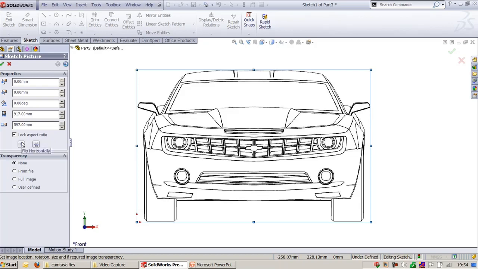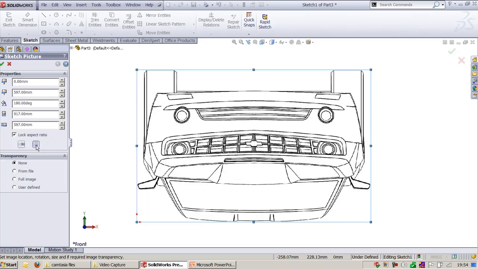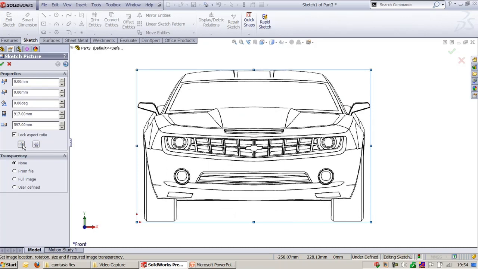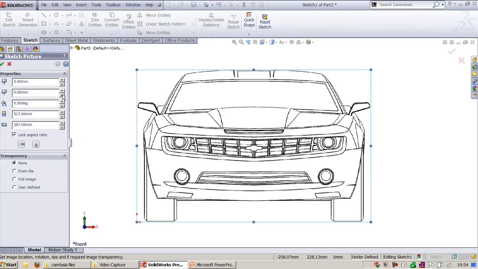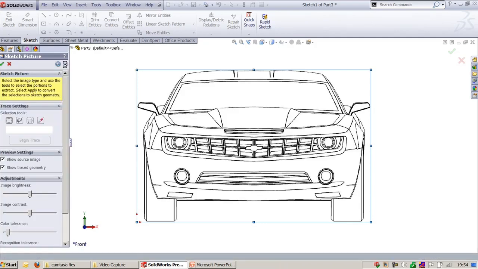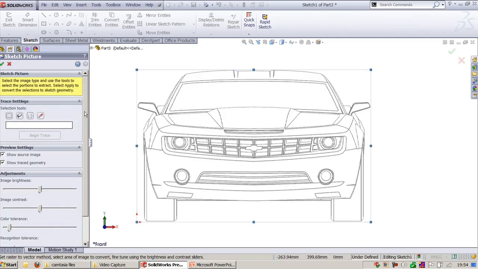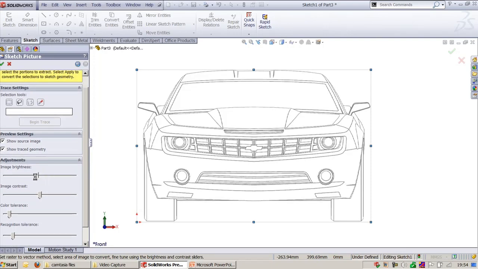And this is flipping the direction of this. If required, you can change this, and once again the direction in which you want to locate this. And once you complete this, click this next button. You will be able to see a lot of options available to trace this image. First, you can control the image brightness so that it will be easy for you to trace the sketch. You can control the image contrast. You can make it high and you can make it low, whatever you require, color tolerance,